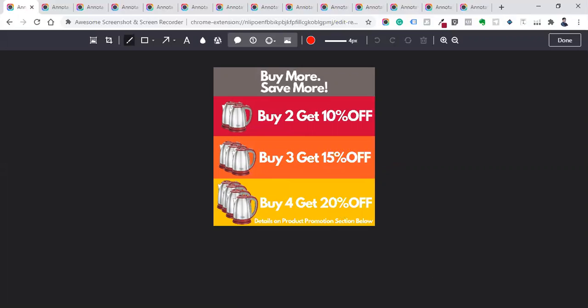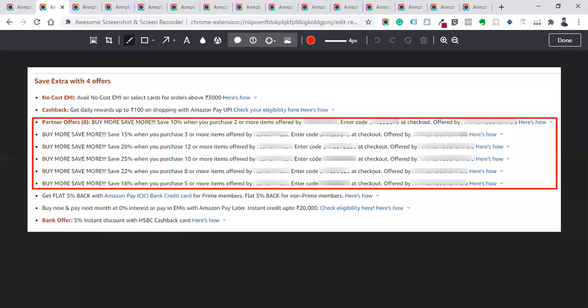I'm going to show you how to set up these promotions in Seller Central. I'm also going to show you how this will look on the product details page, as Amazon has a section called product promotions. Let me show you that. Just a minute. Yeah, this is how this kind of promotion will show underneath the product image. Above this you will see your product image and your bullet points.